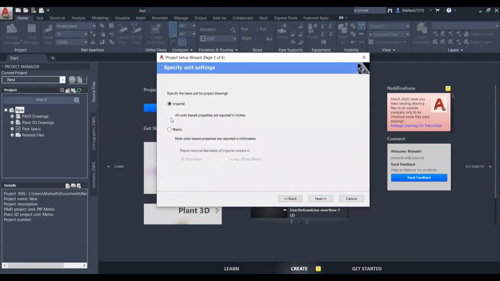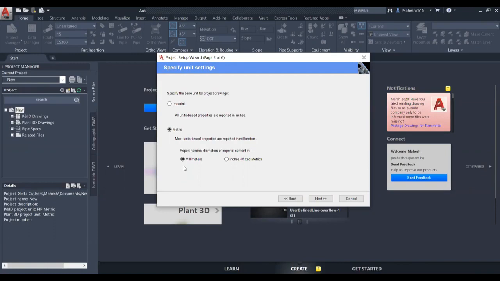So here, there is an option to choose mixed metric. In a project, we can use both inches as well as mm. If at all you're going only with mm, after creating your project, once you start working with it, in case a product which you use is in inches, there will be a spec error.